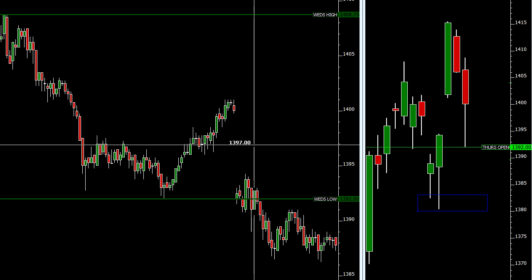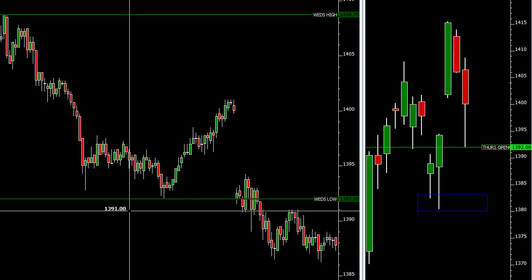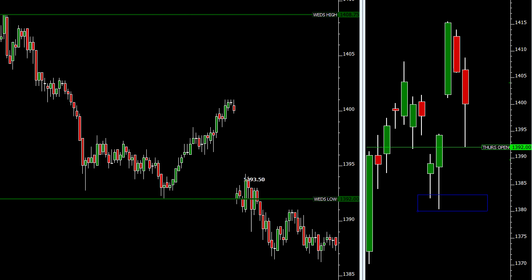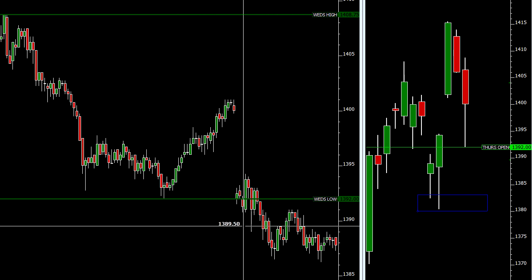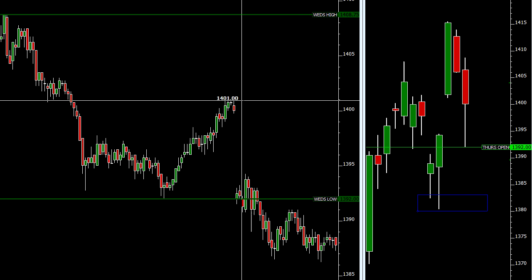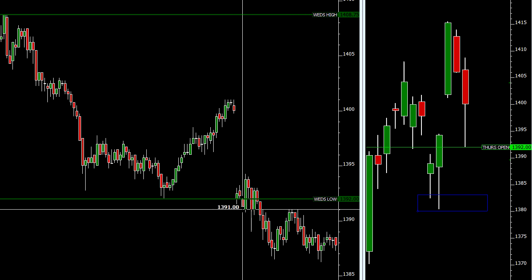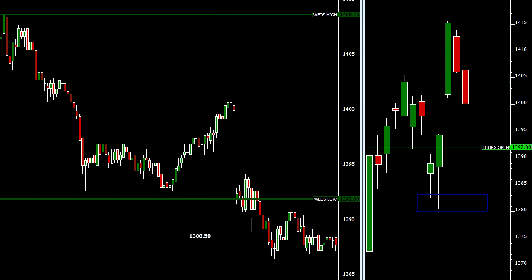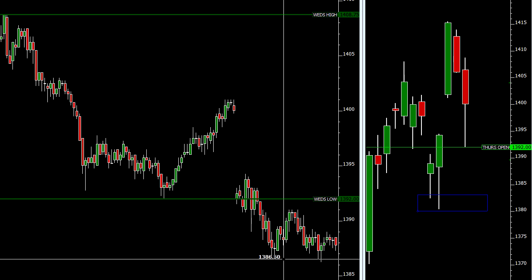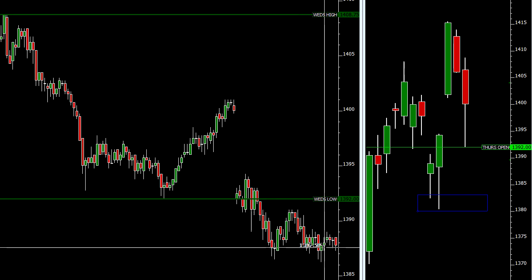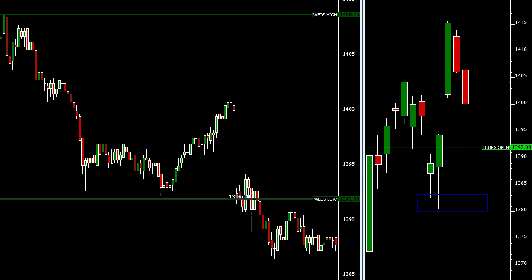Now, at this point, having moved down the day before, tried to get back up, and then failed to get back into that range after opening lower and failing to close the gap, we would have thought that that would be a reasonable amount of downside momentum. So if you have that bias, you might miss some of the other signs, and that's the key thing, not missing those signs. And really, you can see that after maybe we've taken the short there or around here,